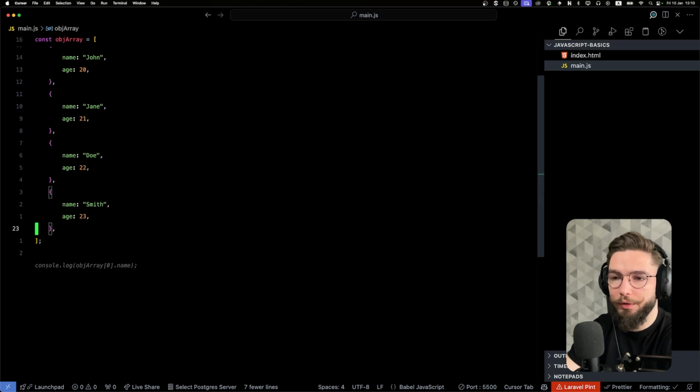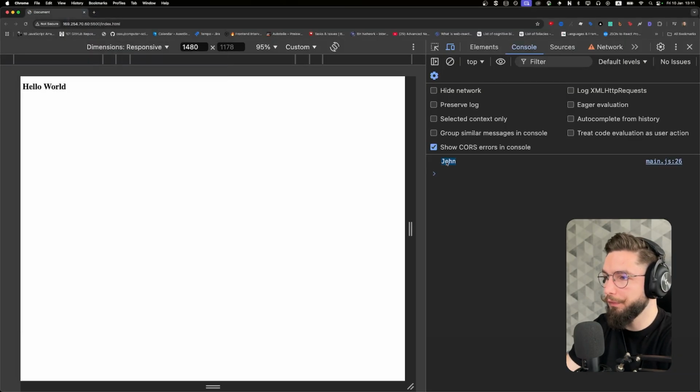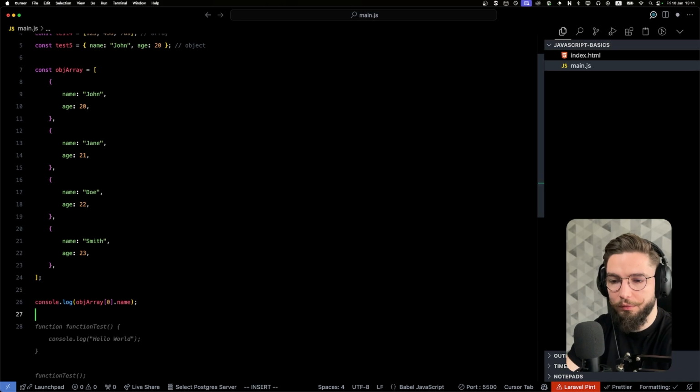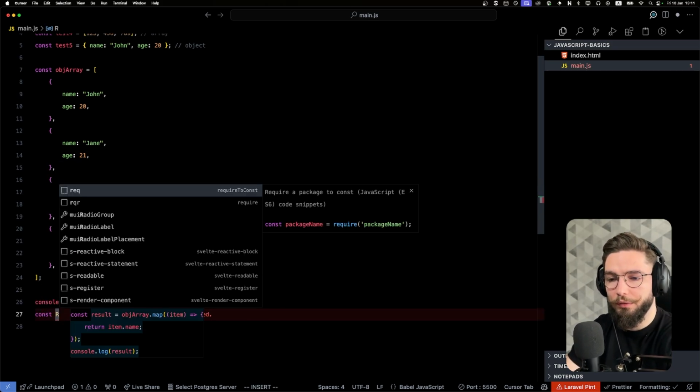Alright, so I added some more items into the array. If we are to query for this one, it's just gonna show the proper one. So basically it's John here. Let's actually build something with this. Not that const test function. Let's retrieve